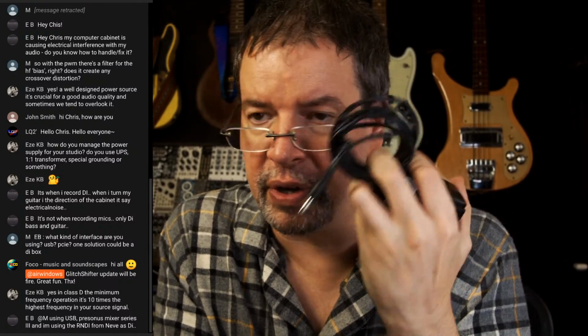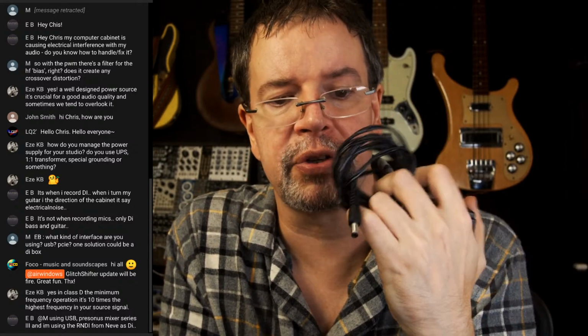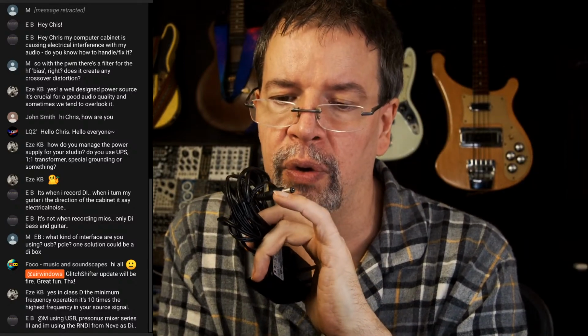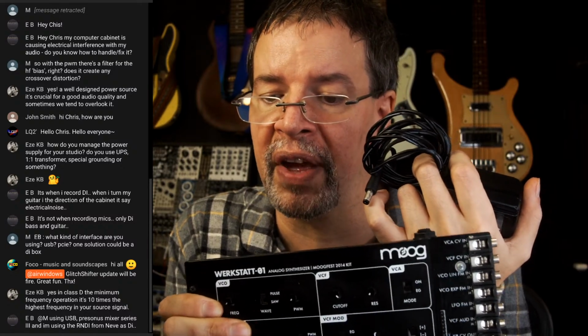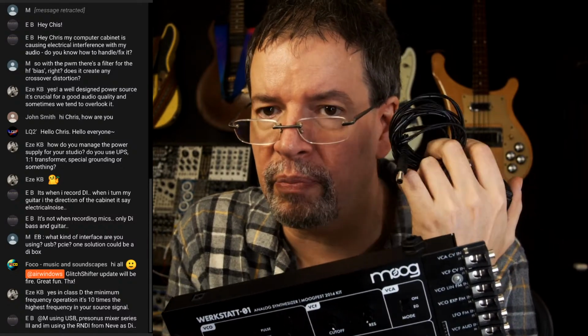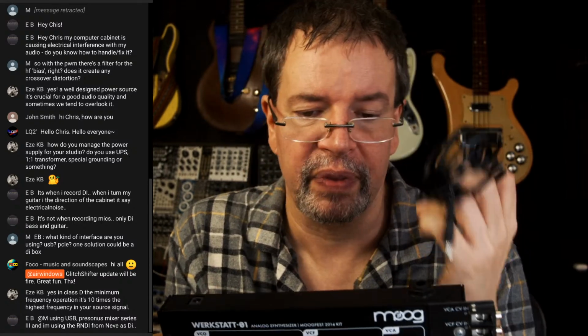They are 12 volts, center positive rather than center negative, like with guitar pedal power supplies. And I think also the hole in the barrel is slightly different size. I'm not positive about that though. So you don't mix these up with guitar power supplies. But